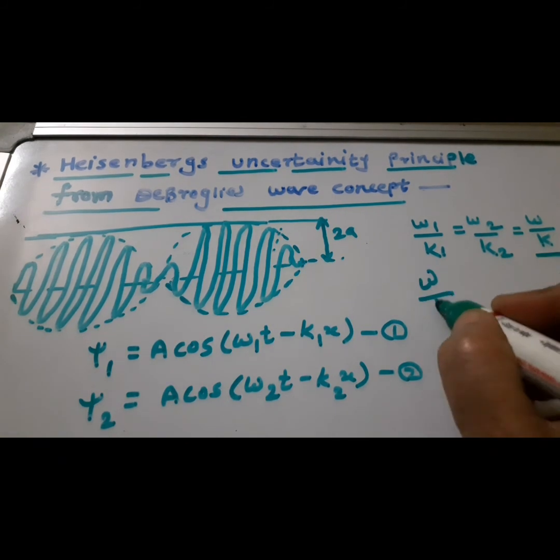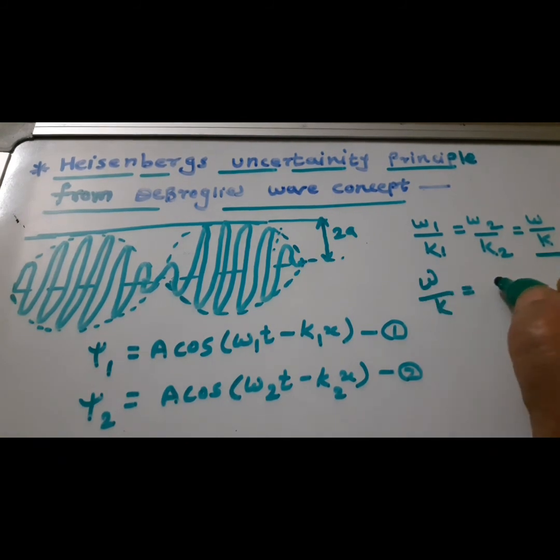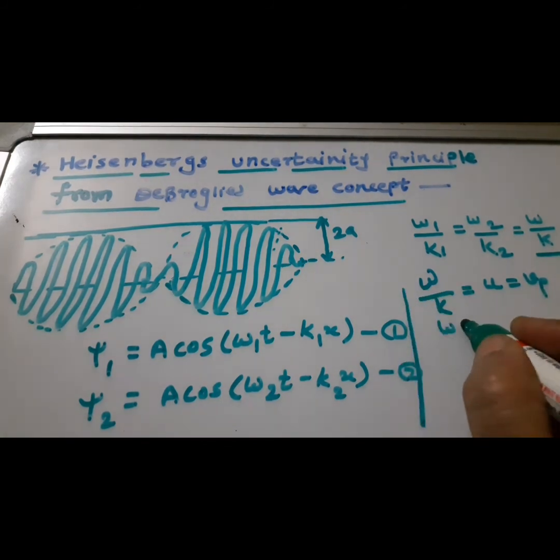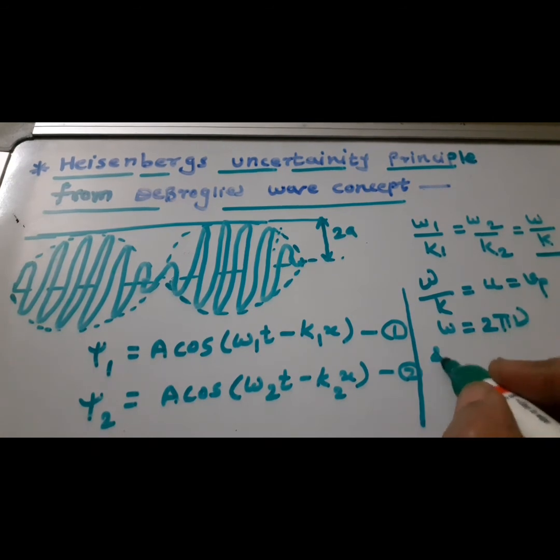Omega upon k is equal to the phase velocity u, which is also called Vp. But we know that omega is equal to 2 pi nu and k is equal to 2 pi by